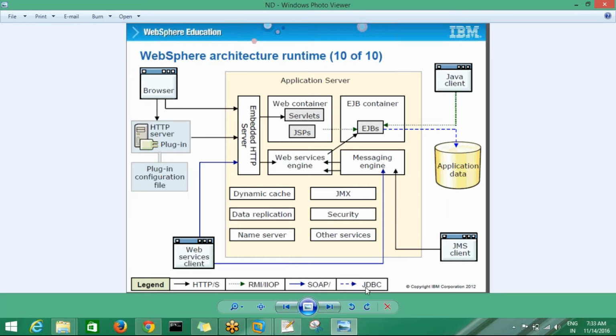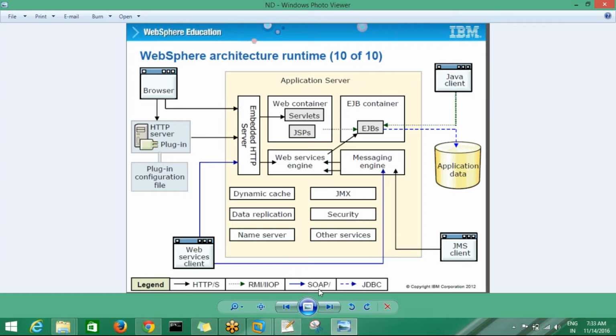JDBC, Java Database Connectivity. To connect with the database, this is one API, application programming interface, which is used to connect to the database and fetch the data from databases. So using this JDBC only, the user is able to log in to the login pages. The request is going to the DB server.